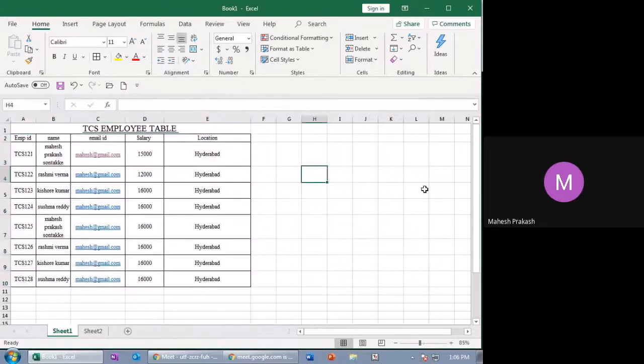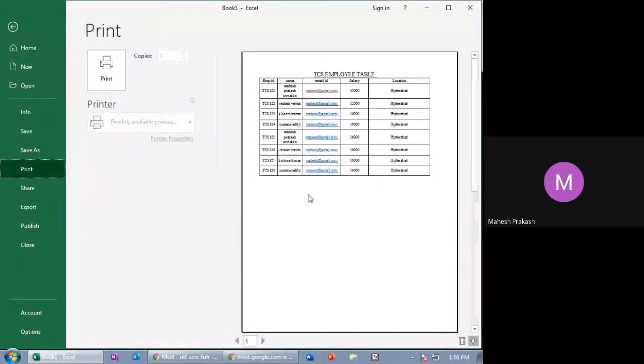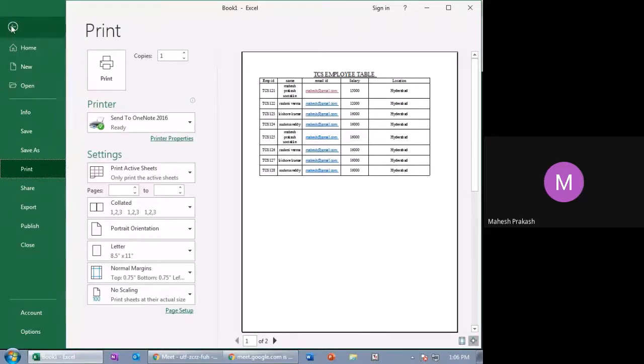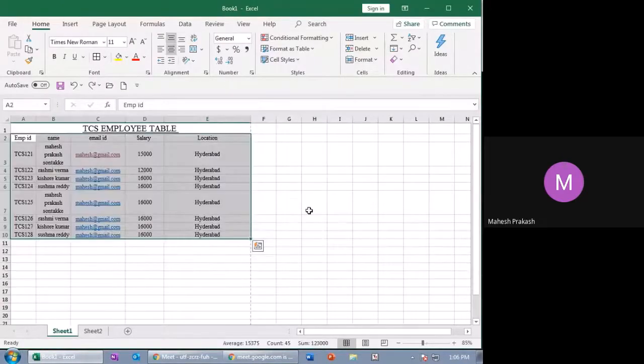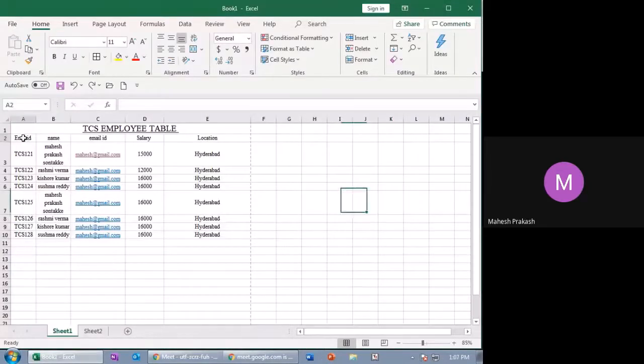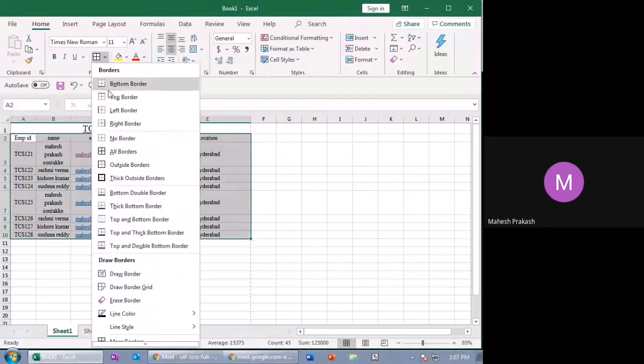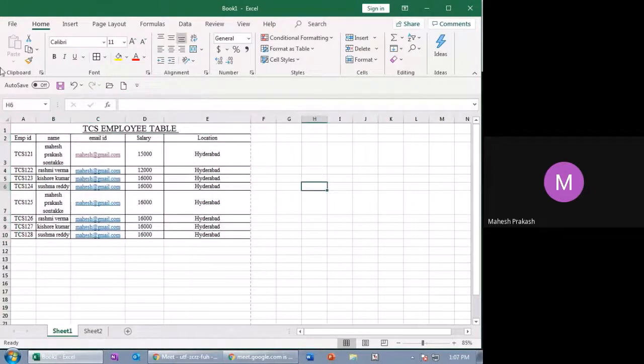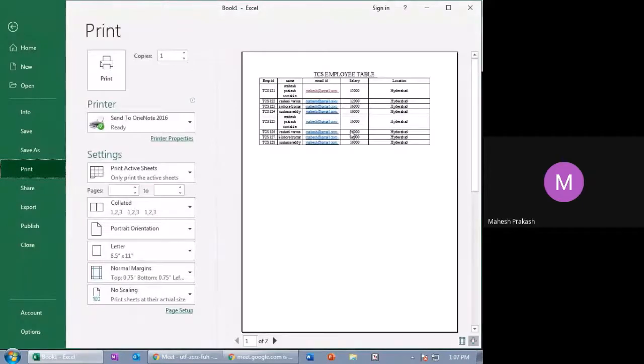See, now this table looks a little bit good enough. And when you try to print as well, even in print, it will be in this manner. Now if you don't have borders, see how you would get it in print. Get it? So if you have borders in print, you can have it in a precise manner. You can have the borders which will at least represent your table. See here. Now when I click on all borders and go and select print, in print you can see the borders as well. So without borders it looks distorted, but if you have borders, it will look presentable as well.